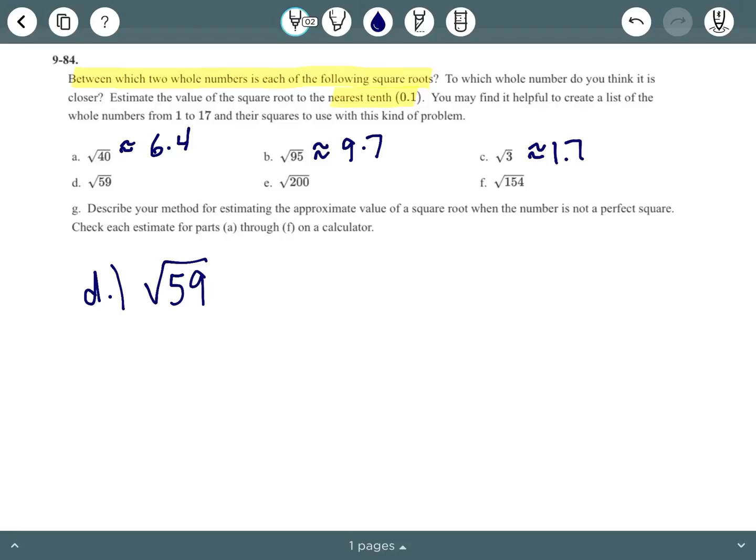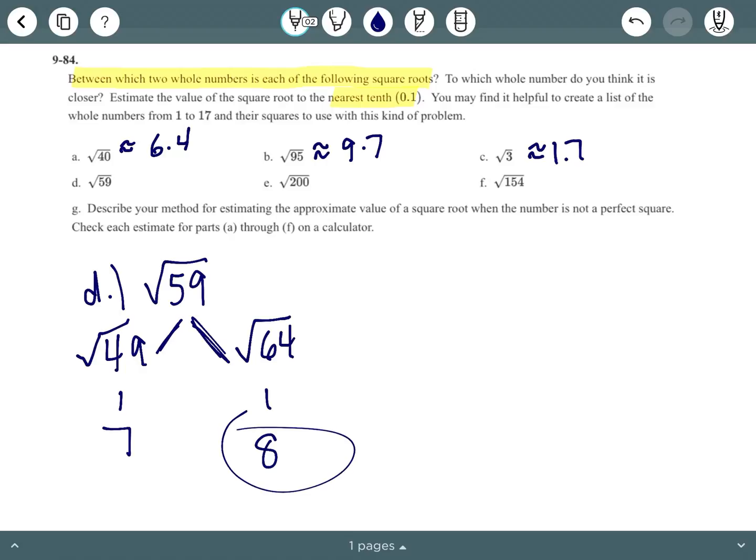Now, I do know that 49 is a perfect square, and the square root of 49 is 7. I also know that 64 is a perfect square, and the square root of 64 is 8. Now, 59, there's a difference of 10 between 49 and 59, and a difference of 5 between 64 and 59. So this is closer to that perfect square of 64, which means that its square root is closer to 8